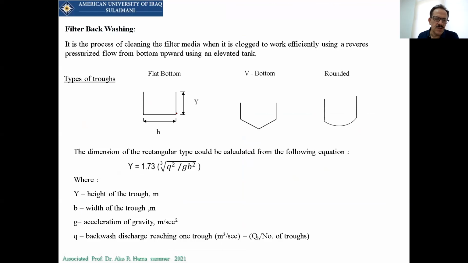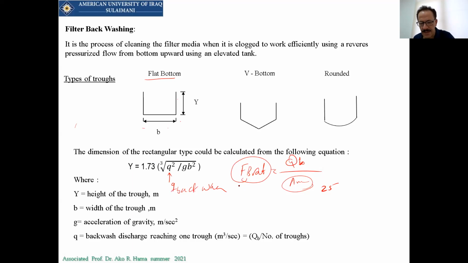This is going to be used to design the troughs. If we have the base and the depth of the trough, when we have y, we have to have the Q. This is the Q backwash. We have the filter backwash rate is equal to Q of the backwashing divided by area of the one filter. In our case, the area of one filter is 25, and the Q of the backwashing should be used. I don't have it, I have to find it, but I have this one, which is the 800.